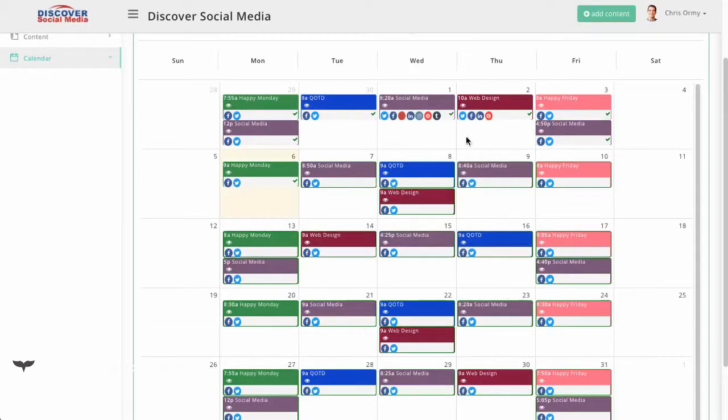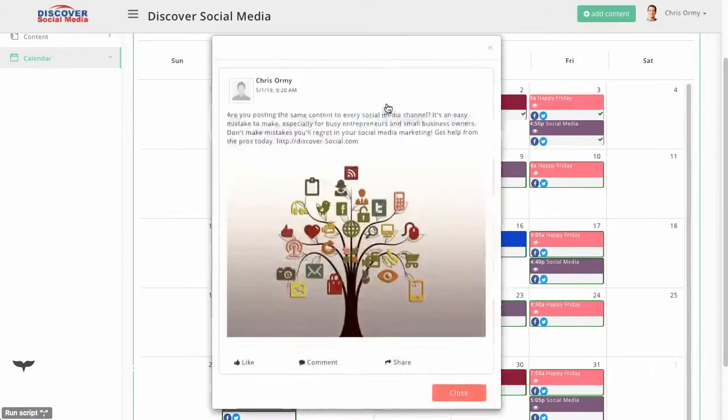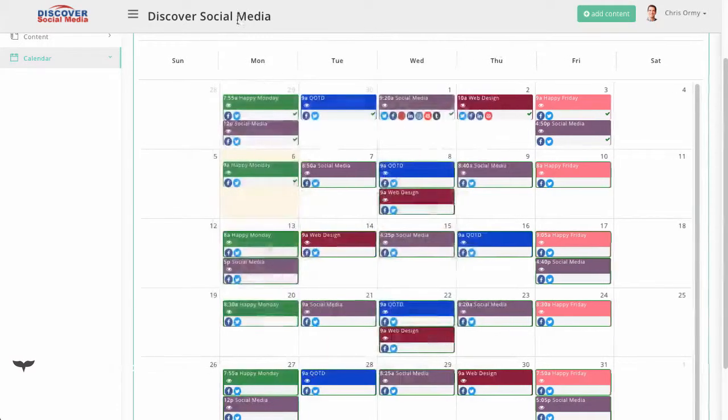And the cool thing about it is when things post up here, we're able to see exactly where they went. In fact, let's just take a look at one real quick. If I click on this eyeball right here, it just shows us the post, which is like this little tree right here. And this is social media content because that's what this one is here. But it'll be the content for your company.